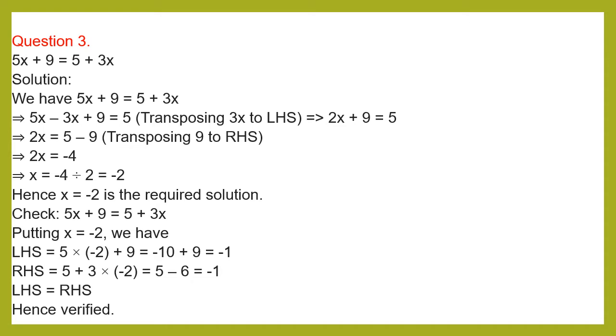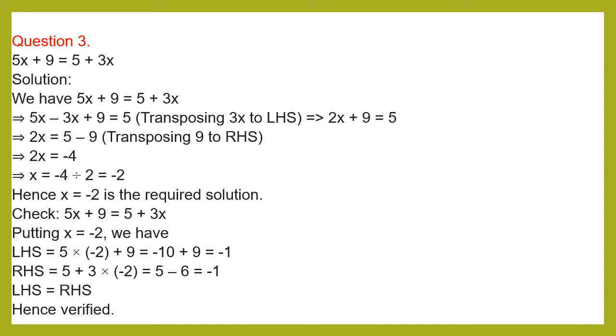If we transfer this plus 9 to that side, it becomes minus 9. Then 2x equals 5 minus 9. One minus sign is there, children, so we need to subtract these two terms. In 9, 5 goes, we'll get 4. The greater term has a minus sign, so minus 4. 2x equals minus 4.